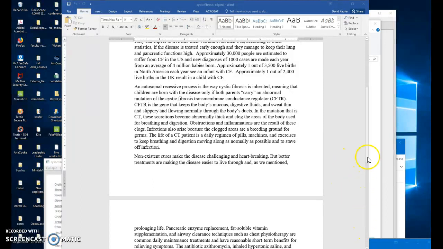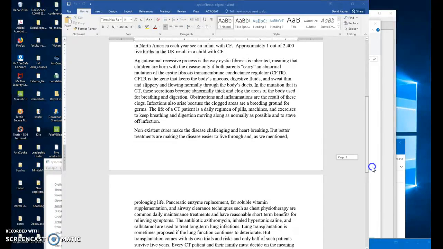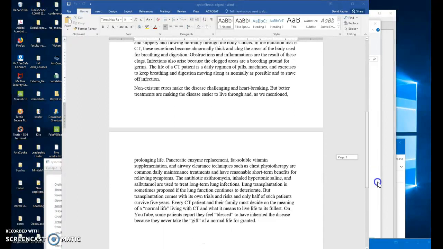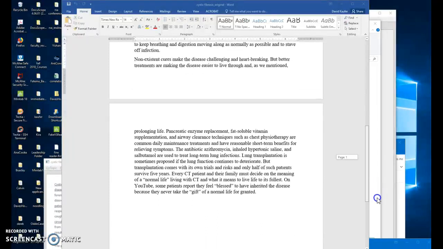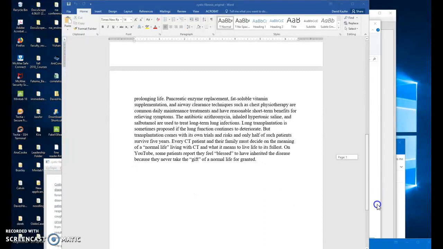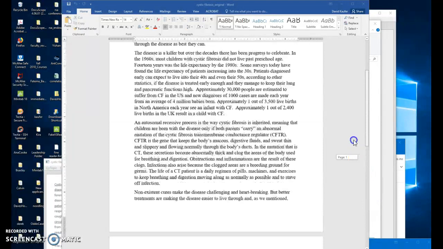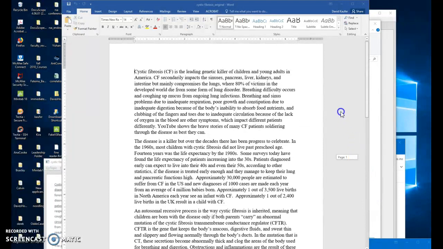If we go to the next paragraph, we see non-existing cures make the disease challenging and heartbreaking, but better treatments are making the disease easier to live through, as we mentioned, prolonging life. And so it looks like this last paragraph is about cures. But again, it's not really, cures are not at the top. So in analyzing this paragraph, a student would have to